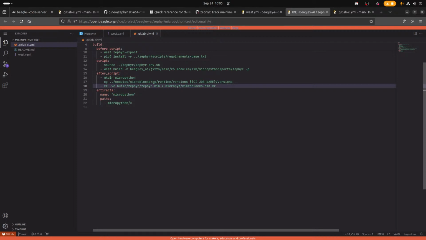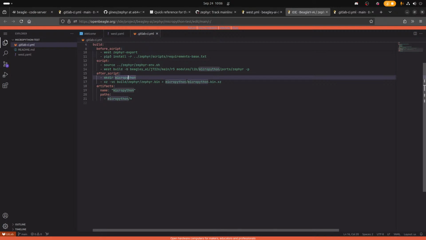Is there a... we will remove the versions thing. Versions thing. Oh, this, yeah. And I'm not sure if we really need to compress it. I'm compressing it since those are release firmware kind of things. Yeah.